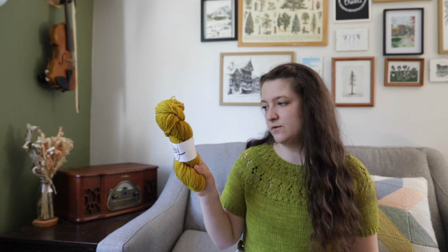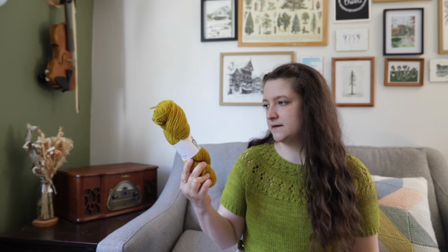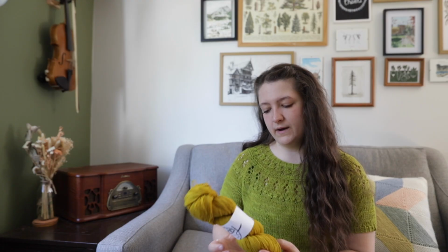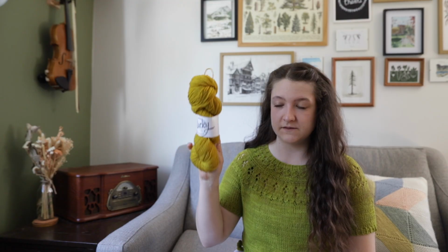And it doesn't actually say the weight of this yarn. I bought this yarn on Facebook Marketplace, and it never said what it was, but I think it's kind of a sport weight. It's not quite a fingering, it's not quite a DK, it's definitely kind of in between. So I'd call this a sport weight, but it doesn't say, and I couldn't find this exact one on the website. But yeah, I bought it on Facebook Marketplace. I have 3 skeins of this one called Queen Bee, and then I had 3 skeins of this one, and now I have like